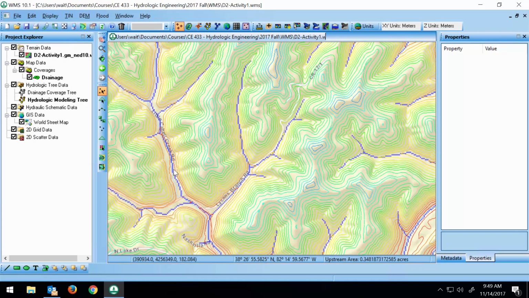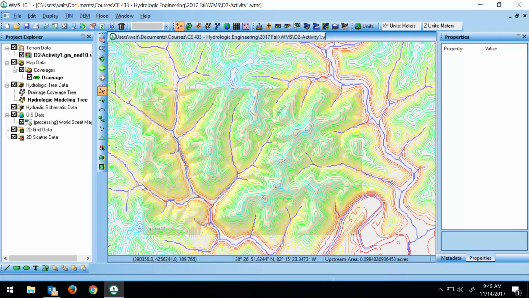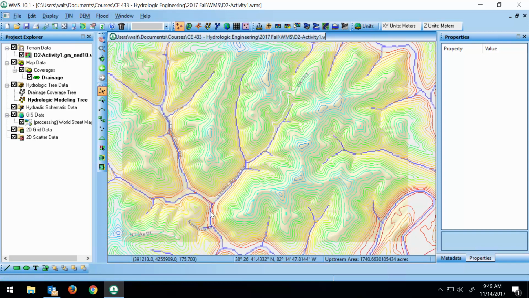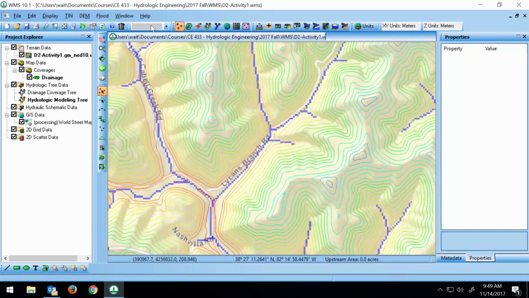We want Likens Branch before going under Blue Sulphur. Okay, yeah, this is Blue Sulphur here. All right, so the location that we're going to drop the